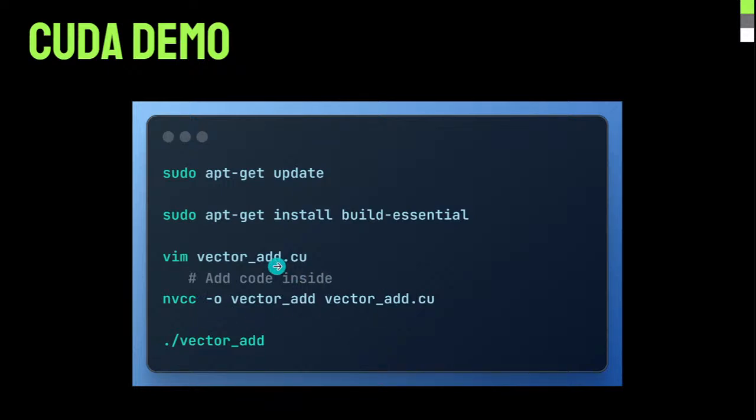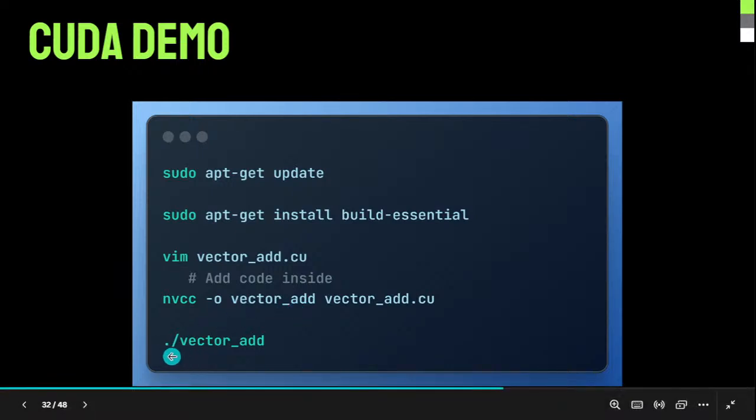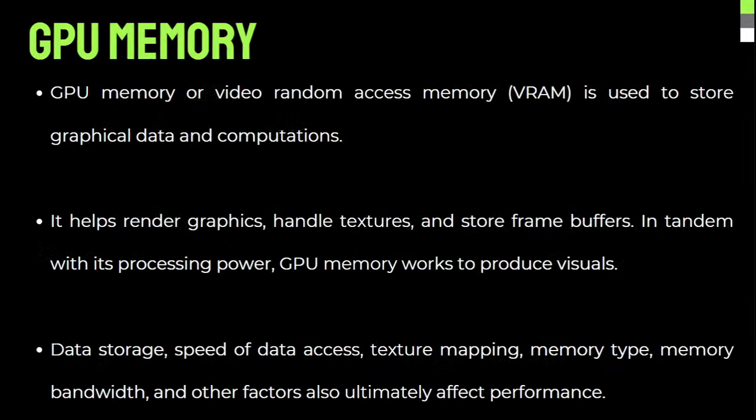You can run this file name and you are compiling in the name of vector add. So once it has been compiled, you will be running this particular file, like we ran other commands, and we will be executing that code. So let us do it. And before doing that,